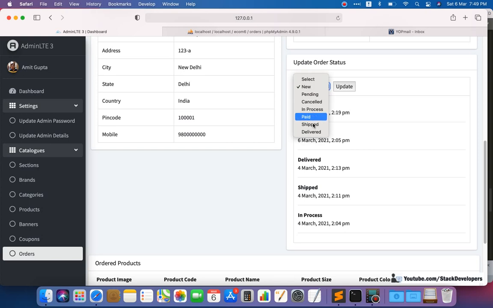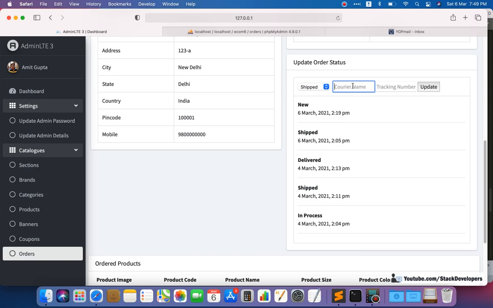See, when we click on shipped, both will be shown here. And now we are going to give the courier partner like FedEx, and we can give any tracking number, and we'll update like this. Now it is going to show it again in the same way, and it has not gone away. Okay, we just want to see it again and again if we update any other status. Let's see whether it will work or not.